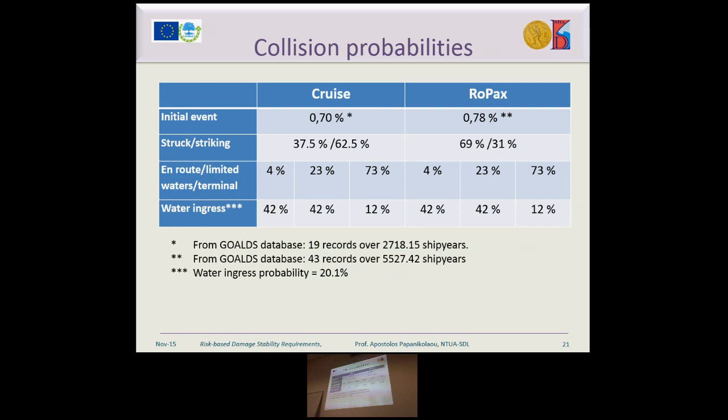So then here we have some probabilities in terms of percentage. Here George Zarafonitis prepared this. So this is in terms of percentage, it's not of 10 to the minus so on, but in some collision event, in what percentage of cases some collision event will happen, and what are the consequences. But the interesting part is here, stark and striking. According to statistics,